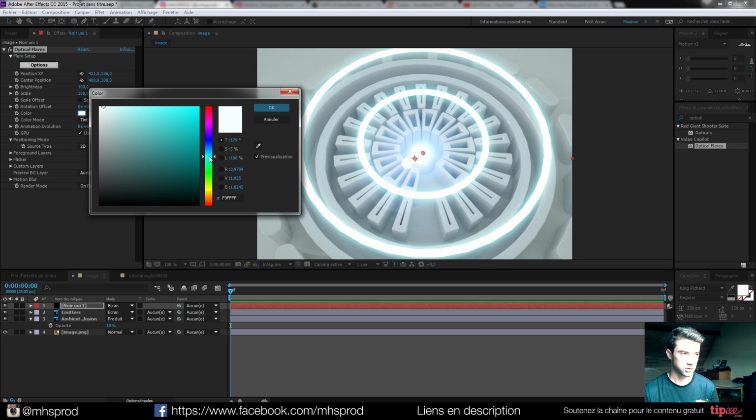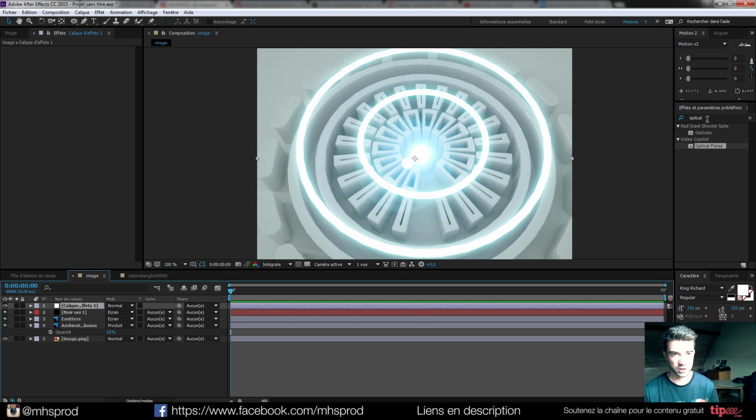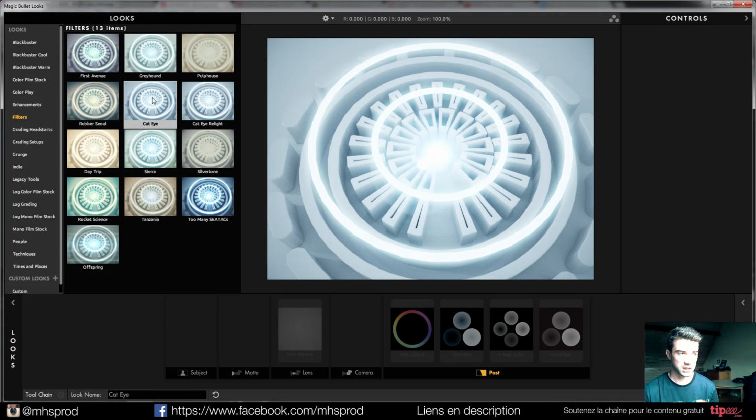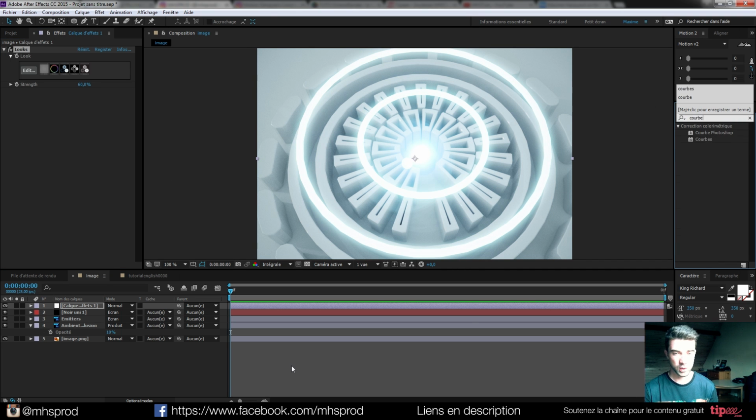So that's a greenish blue, like that. And then I use plugins like Magic Bullet Looks. I often use a preset called Cat Eye, which is nice, and I reduce it a bit, like 60, and then I add my own curves,